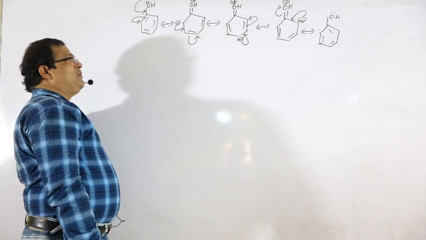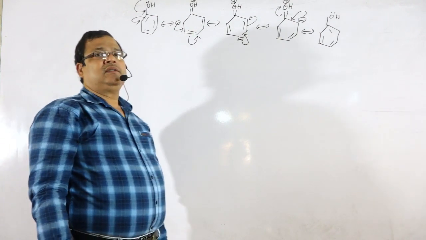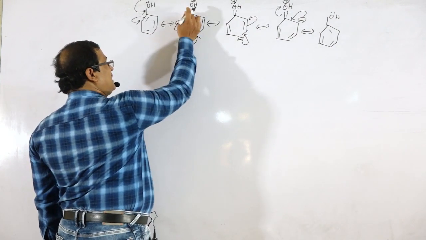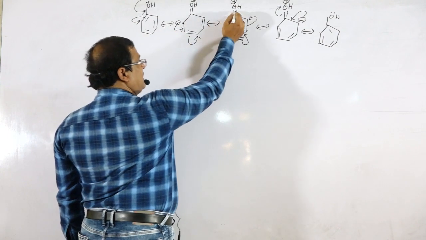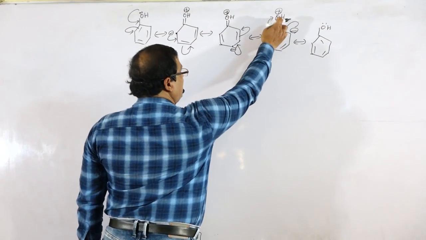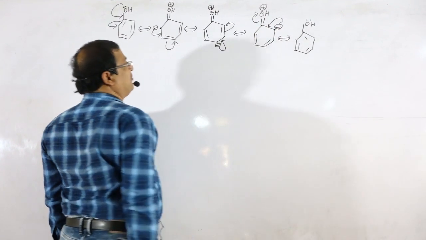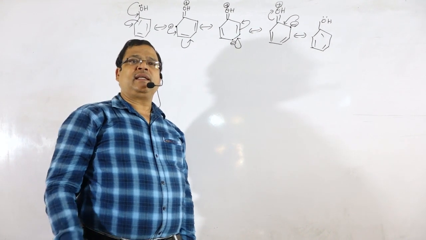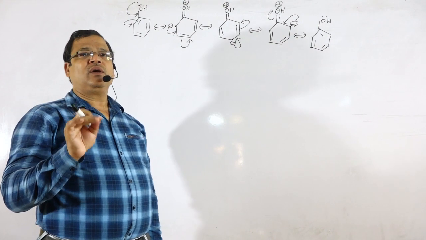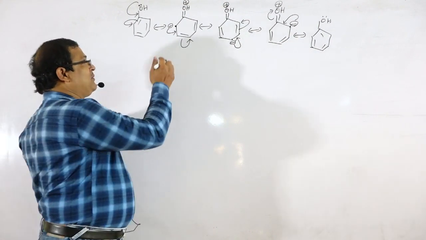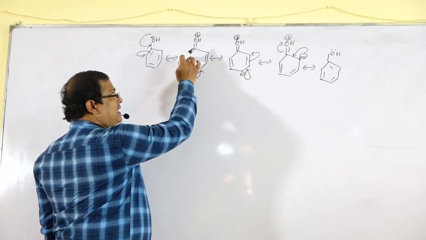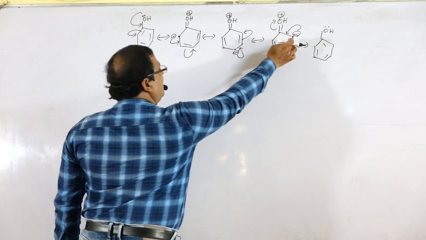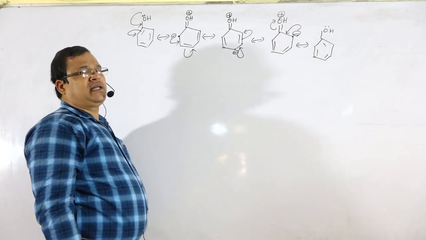If you mark the resonating structures of phenol, in the benzene ring that contains the negative charge, with respect to the OH group, this is the ortho position. With respect to the OH group, this is the para position. With respect to the OH group, this is the ortho position. Means at the ortho and para positions there is negative charge, which indicates that electron density becomes more at the ortho and para positions. Electron density increases in the ring, particularly at ortho, para and ortho. The ortho and para positions become negatively charged.